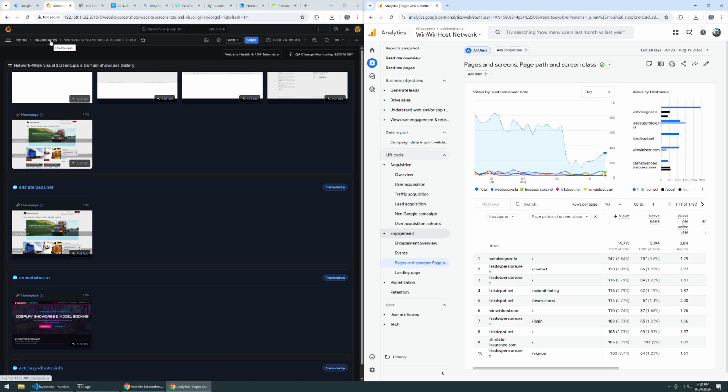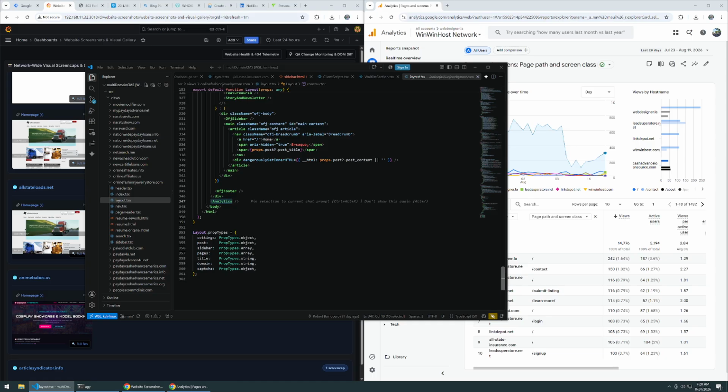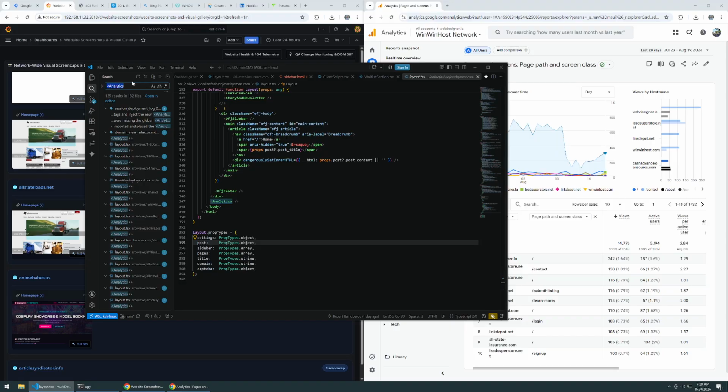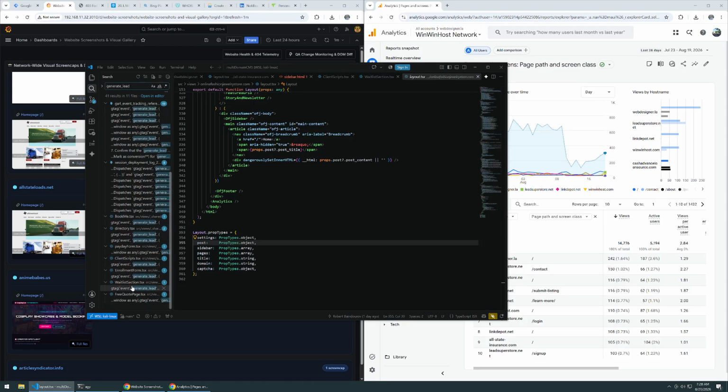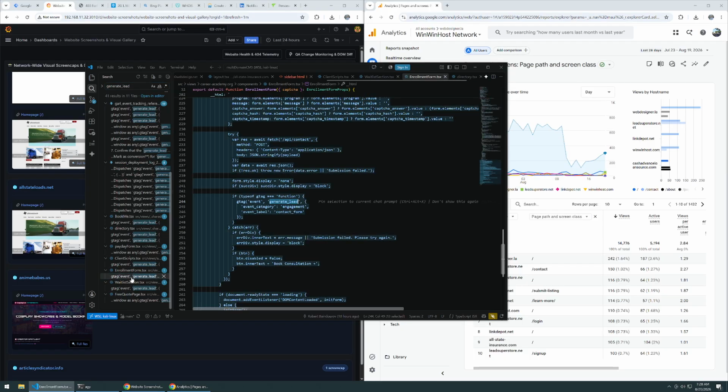So what we're looking at on the right is the analytics integration. So all the layout files, they have analytics here. They also have lead generation activities or events as well. So we can see that if you fill out this enrollment form, I fire a contact form engagement, or if you fill out this free quote,